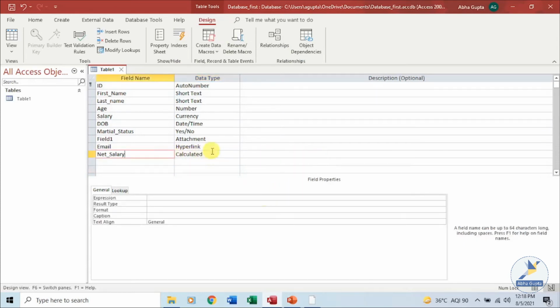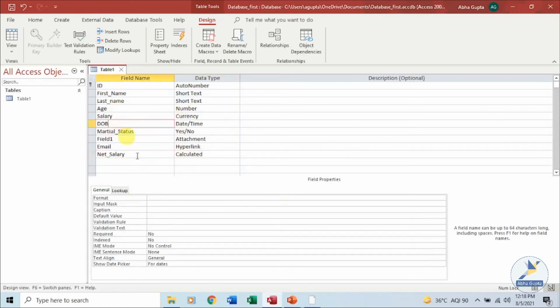Now together with all these fields, each field's property is being shown in the field property pane.